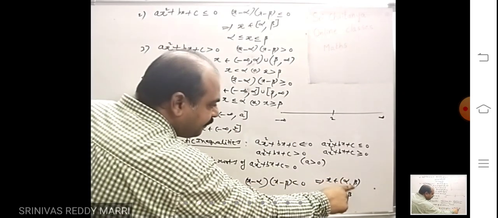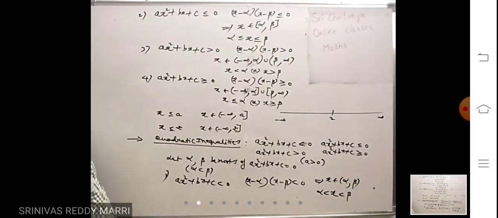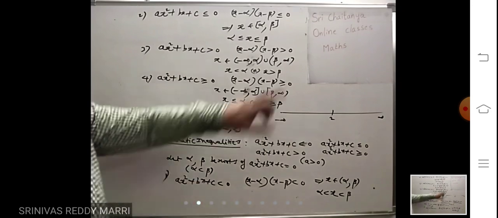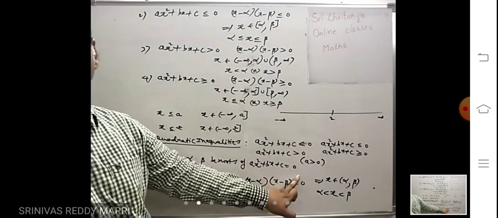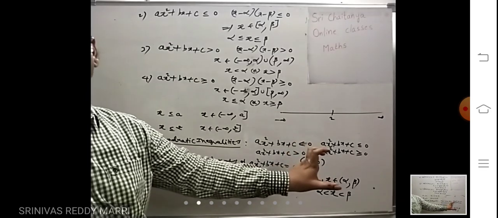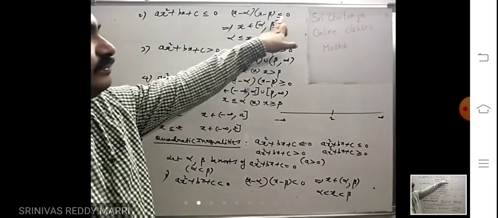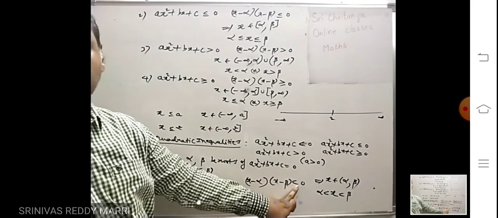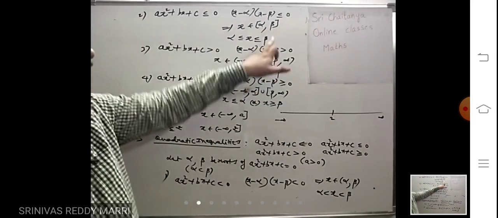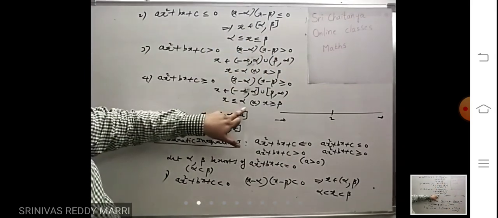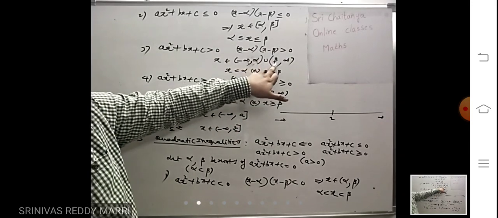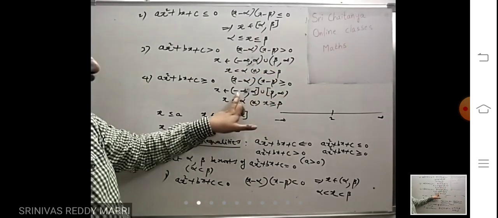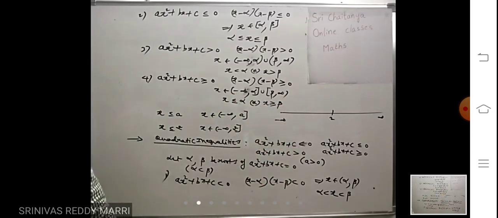Here we have written an open interval, here a closed interval. That is the difference. Where equal to is there, always a closed interval. Equal to not there, open interval. Because alpha, beta are roots, here it will become 0. Here less than 0 only, it cannot become 0. That's why. For this and this, same formula, just here alpha beta open interval is there, here alpha beta closed interval. That is the only difference.